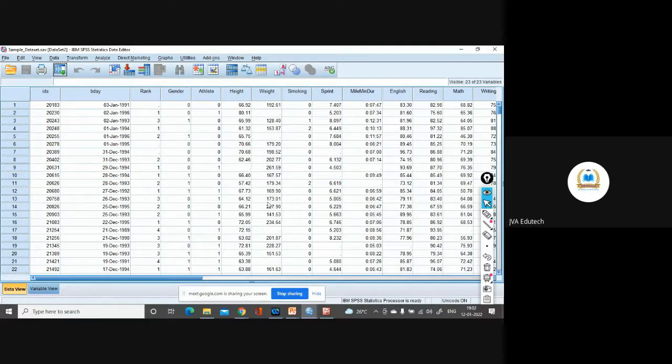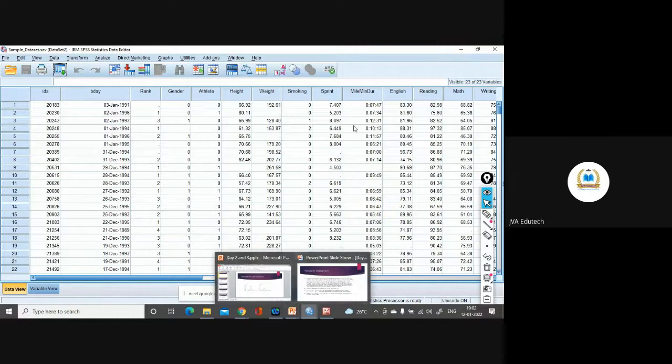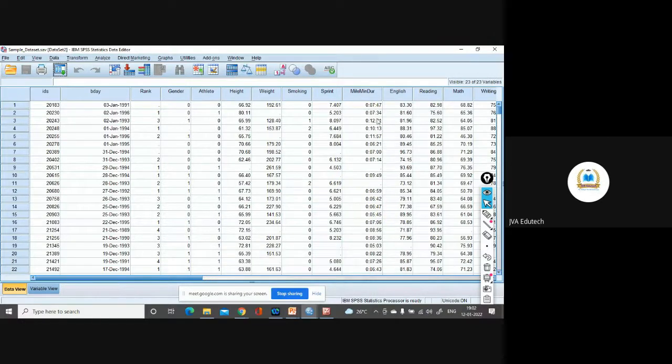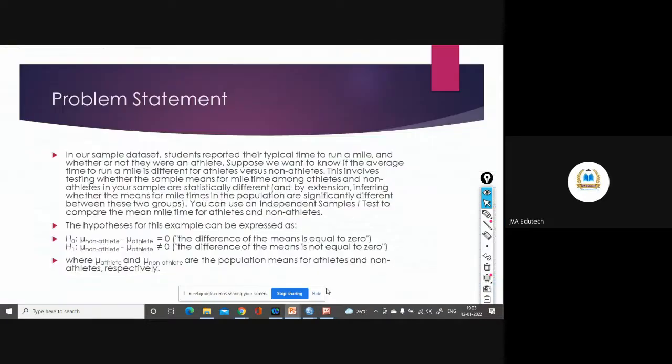So we have an outcome variable, dependent variable, that is time taken to run 1 mile distance, taken on an interval scale which is continuous, and we have these two groups, athlete versus non-athlete, and we want to see whether they took the same time or there is a difference in their mean scores.